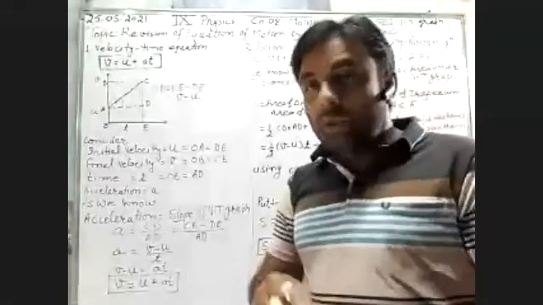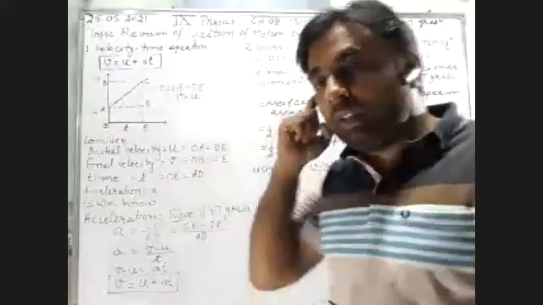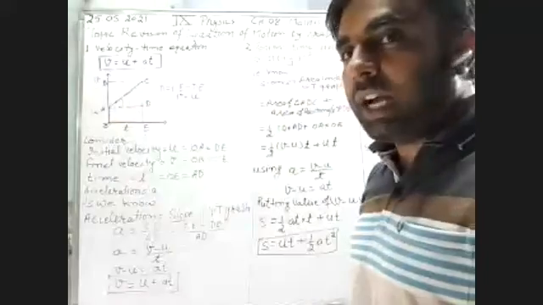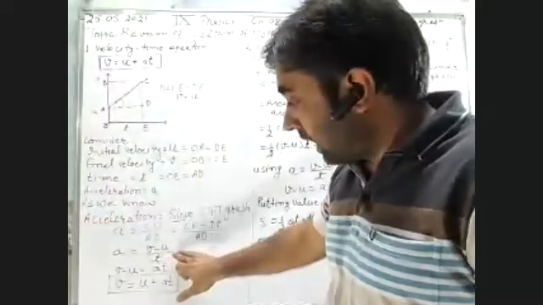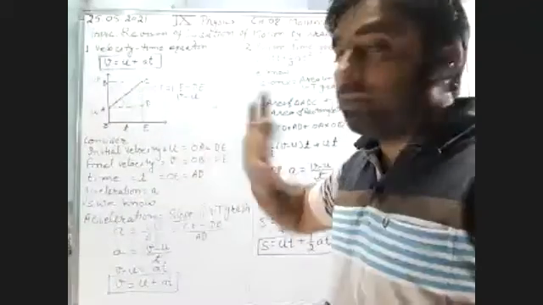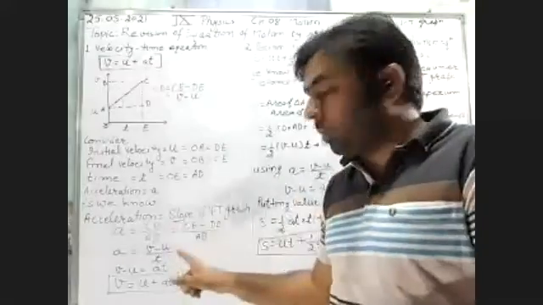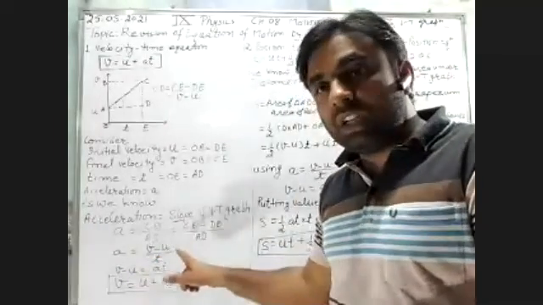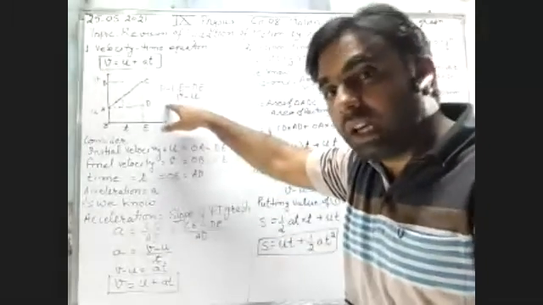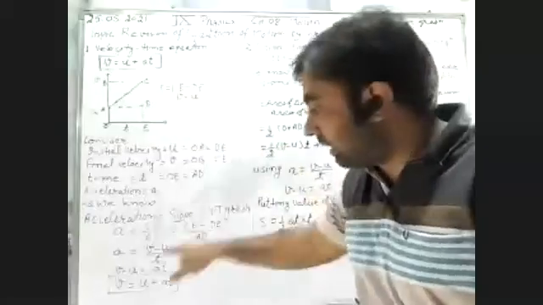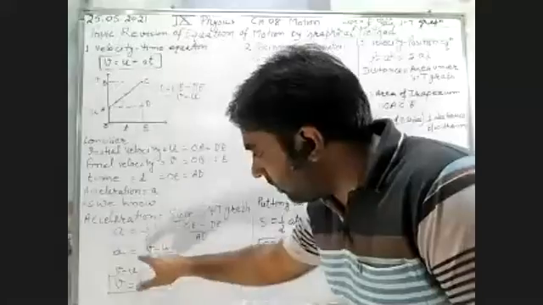Now, do you remember the definition of acceleration? Change in velocity divided by time. That definition also suggests this. Change in velocity divided by time is acceleration. But now we are deriving this formula by using this graph, by the graphical method. While discussing the definition, the same formula was there: final velocity minus initial velocity. So the graph also suggests that acceleration is change in velocity divided by time.